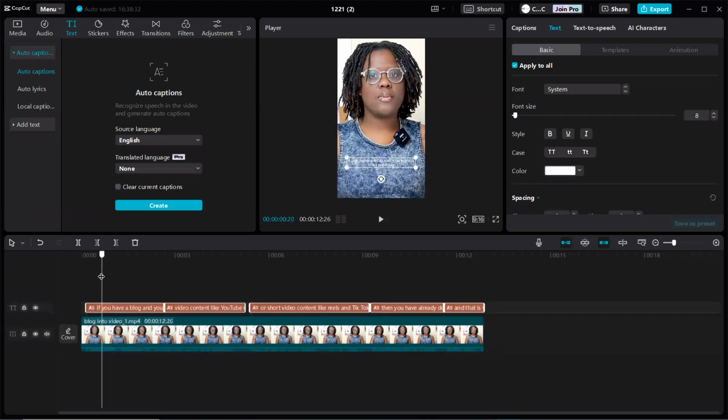Now that we have our captions, this is a little thin and you cannot really see the words. So make sure you highlight all of the captions. You can do that by just taking your mouse and just hovering it over everything. And you're going to want to change the font size